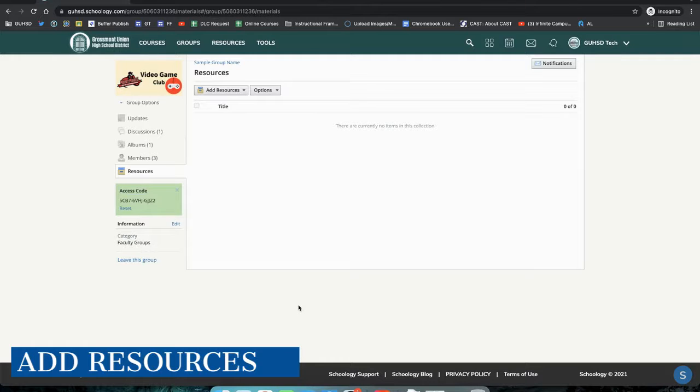You can add resources to your group that only members of that group can see. To access the resources within your group, in the left sidebar menu, go ahead and click Resources. There's a couple ways to add resources to a group, and we'll go over the functionality of who has access